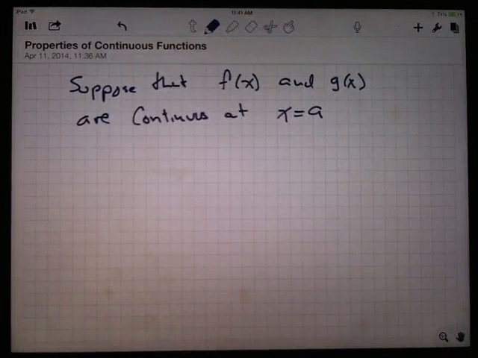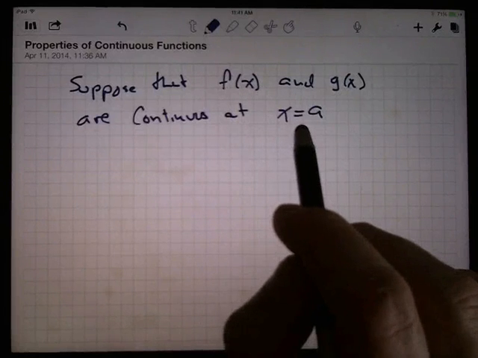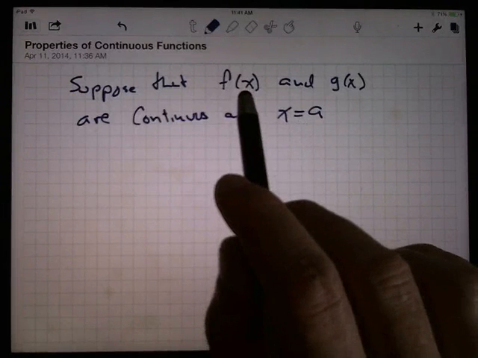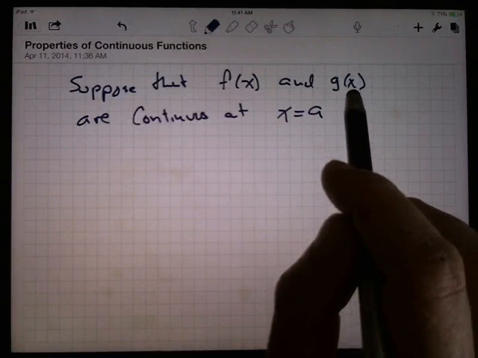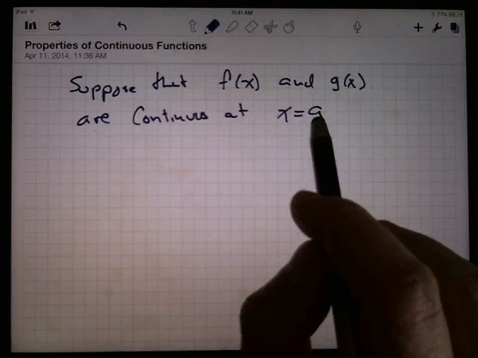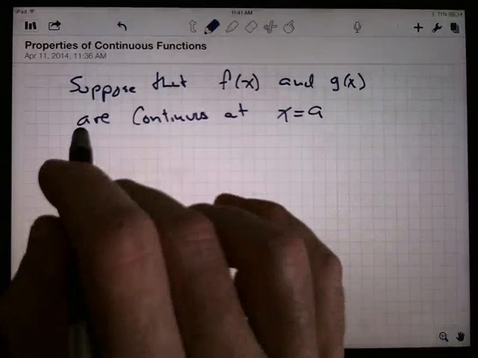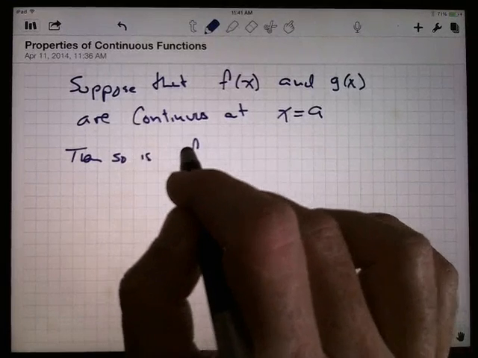It turns out that continuous functions are really nice in a lot of ways, and combining continuous functions is nice. Here are some properties of these continuous functions. Suppose I have two functions f and g, and they're both continuous at x equals a. Of course, by definition, that means that the limit as x goes to a of f of x is equal to f of a, and the limit as x goes to a of g of x is g of a, right? That is, the limit as you get close to a is the same thing as what happens when you actually get there, okay? So suppose those two functions are continuous at a, then so is the function f plus